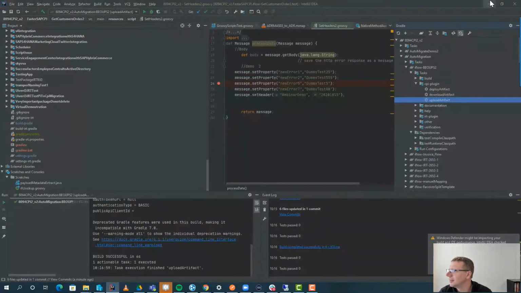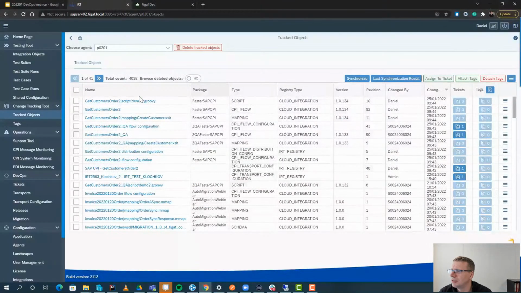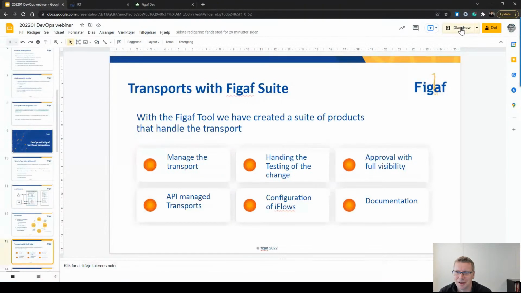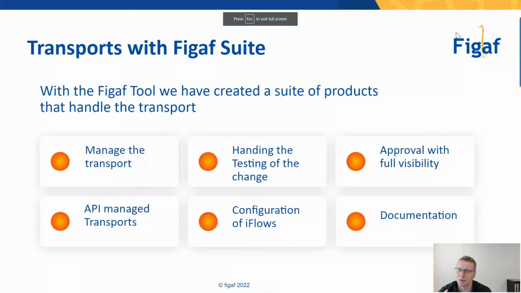Good. We can go much more into details about these things, but there's a lot of other things I also want to cover. And I do have some different options for you to go more into details about some of these things. Next up, we will look at the transport, and hopefully by the end of this, I will be able to convince you that